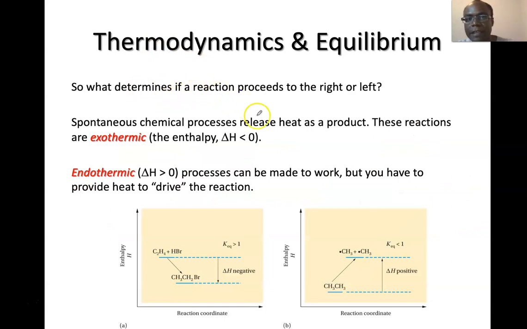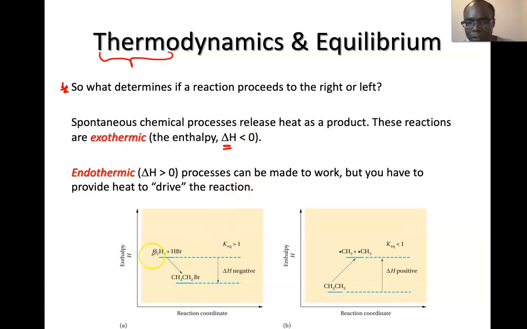Okay, like I said, there are graphs that we can use to determine which side is going to be favored. There are two types of reactions in terms of thermodynamics involving heat. Where heat is released, for example, when you're cooking with natural gas in your kitchen, you produce heat. That reaction is said to be exothermic. Okay? So the change in heat is going to be less than 0 because